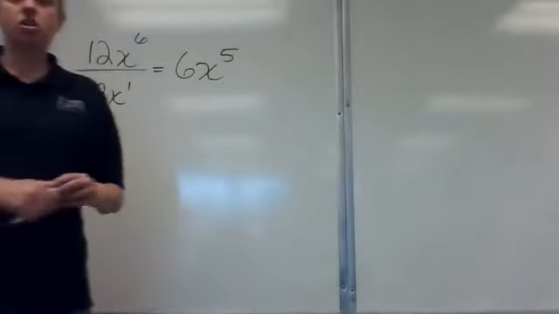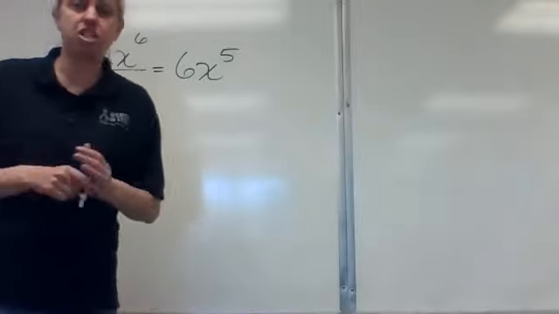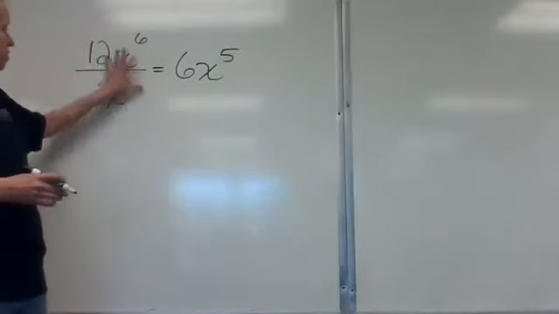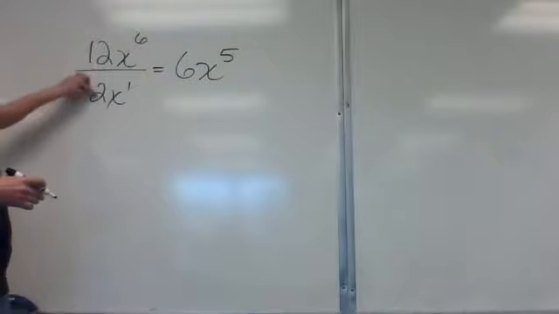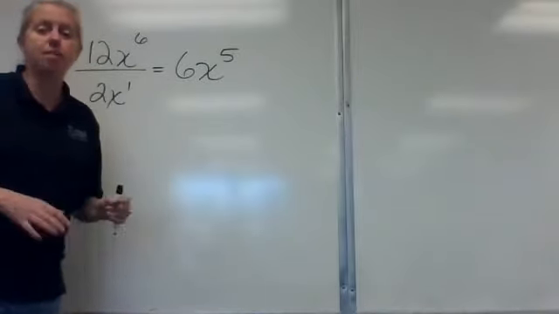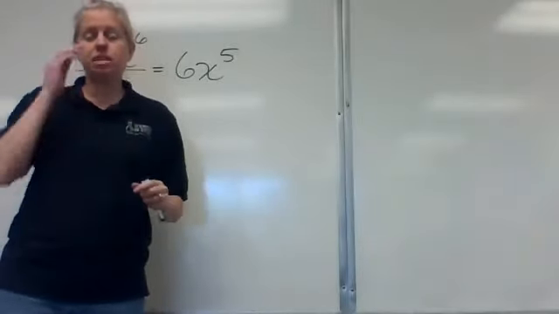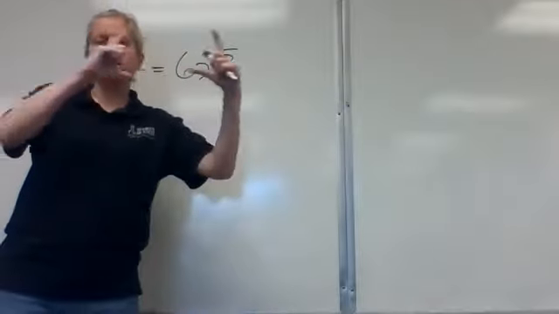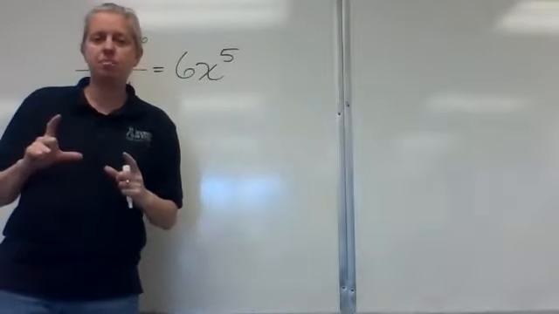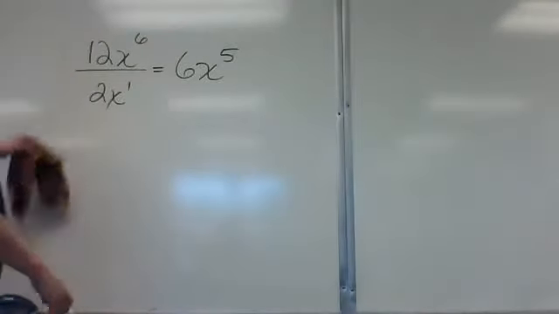Now, 10 through 13, when we are simplifying these rational expressions, sometimes we'll see stuff like we've seen before, and we'll just do the division and then subtract our exponents for the x's. But sometimes you're going to see multiple terms in the top and multiple terms in the bottom, or you'll see parentheses up top and the bottom. So looking at number 9,